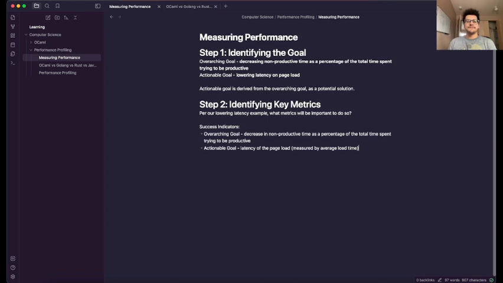So, step 2 is identifying key metrics. Per our lowering latency example, what metrics will be important to do so? So we have our success indicators. Now we need something that lets us actually understand the problem. So we want to build up our profile. That's where we get into our profile metrics in my mind, where we essentially want to measure the different